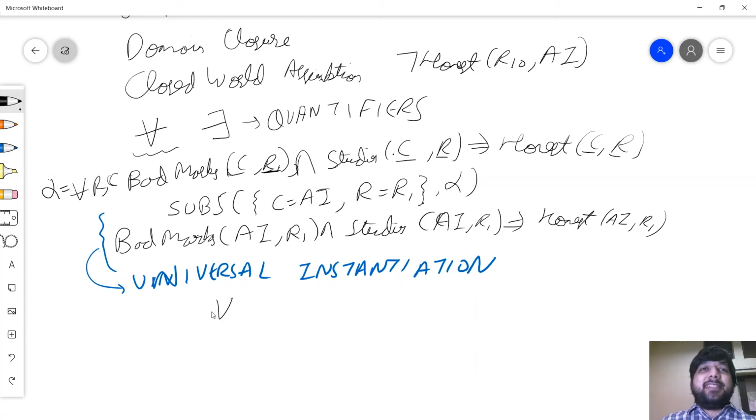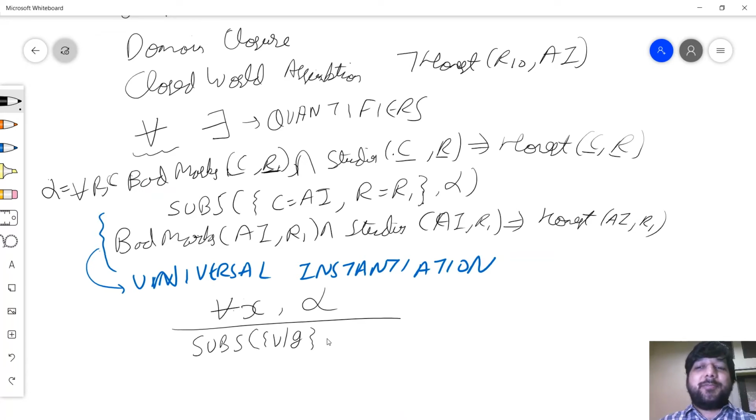In general, it's written as: if I have for all x the statement alpha, it's a rule, it's a statement, holds, then, given this, I can get a substitution of V by all possible